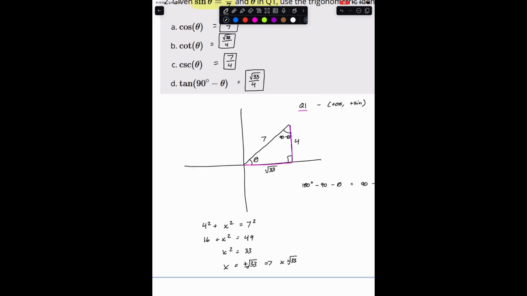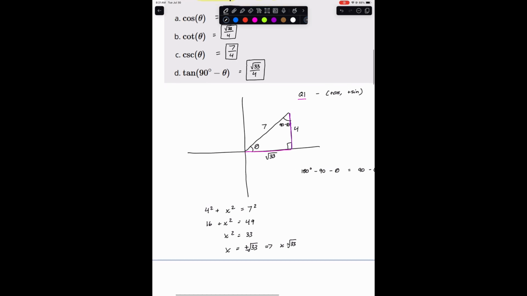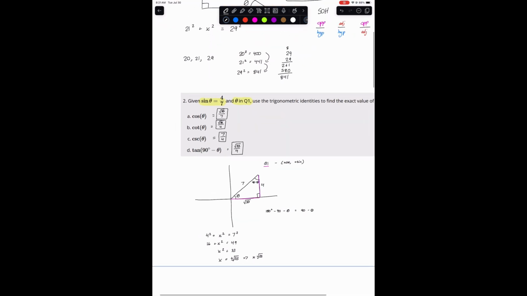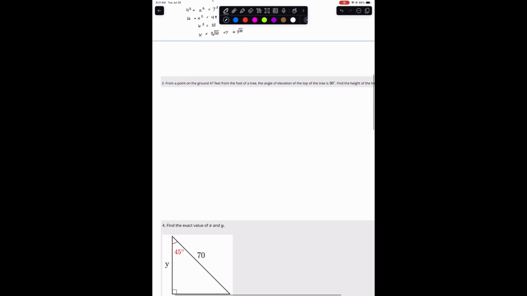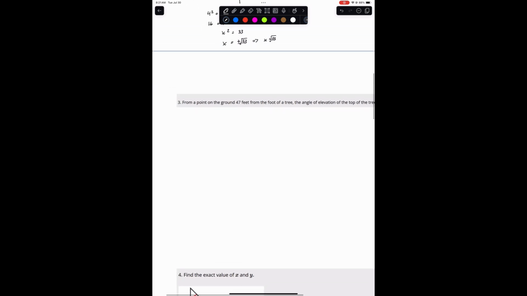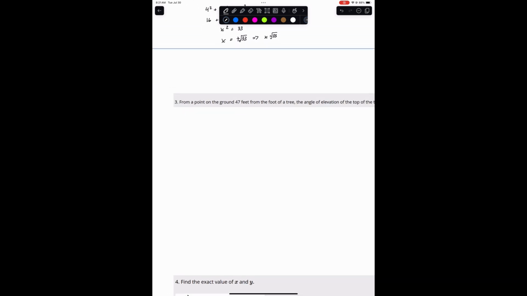Neatly enough, it's also equivalent to cotangent. Okay, and that is the answer to number 2. All right, so for number 3, we have a point on the ground that is 47 feet away from a